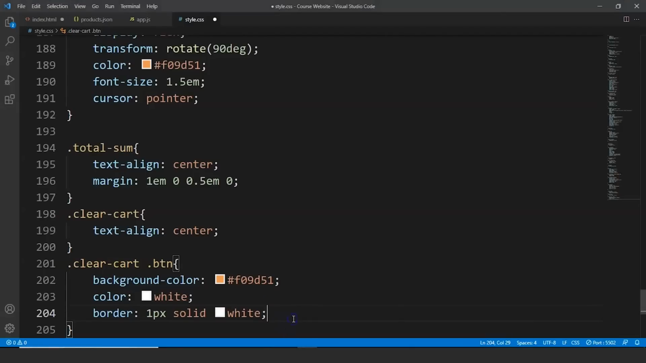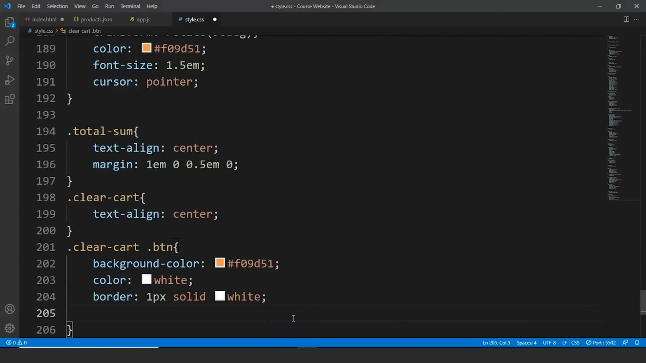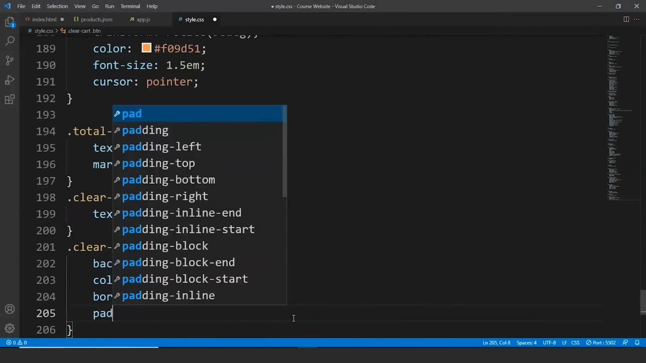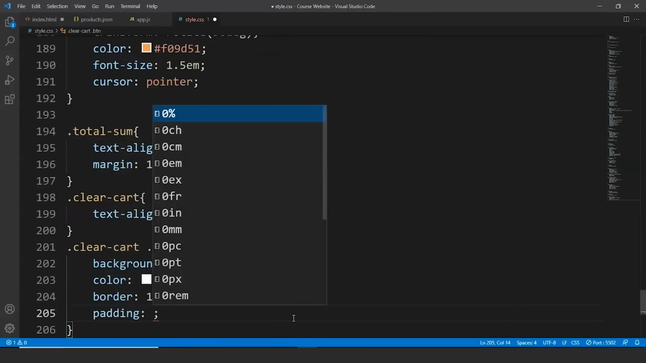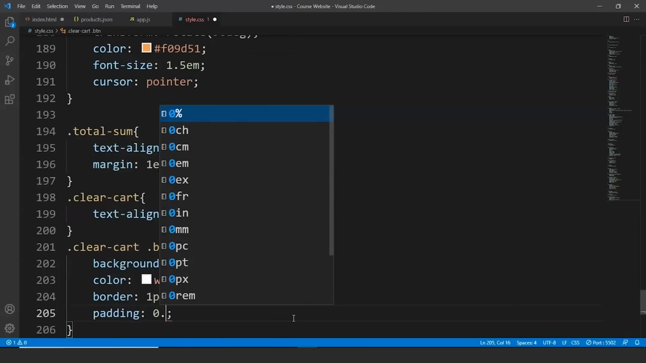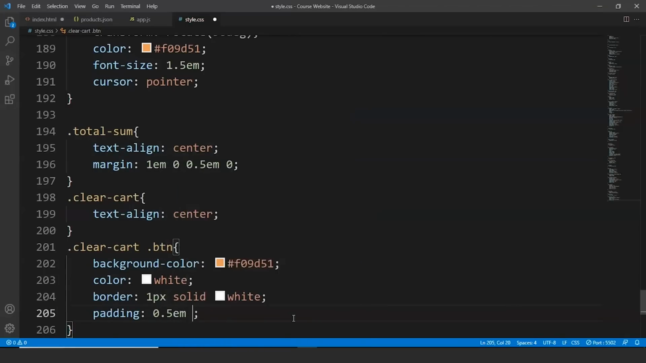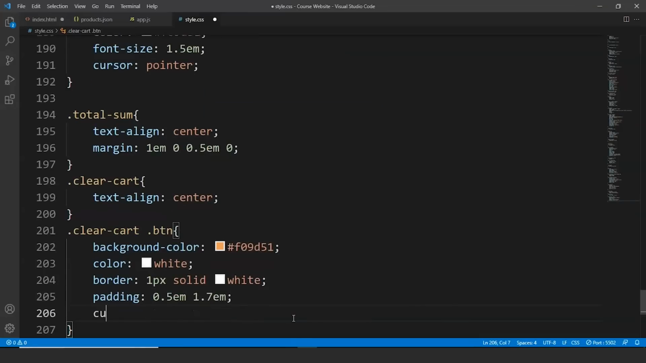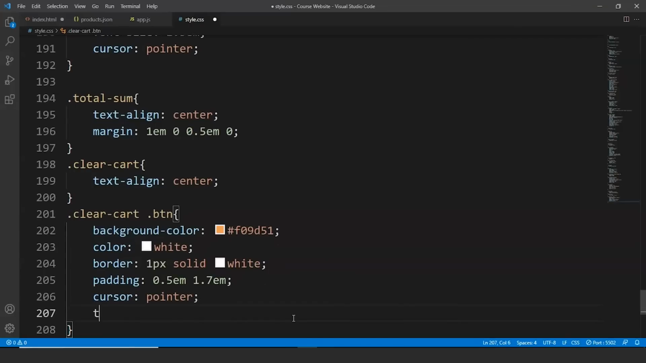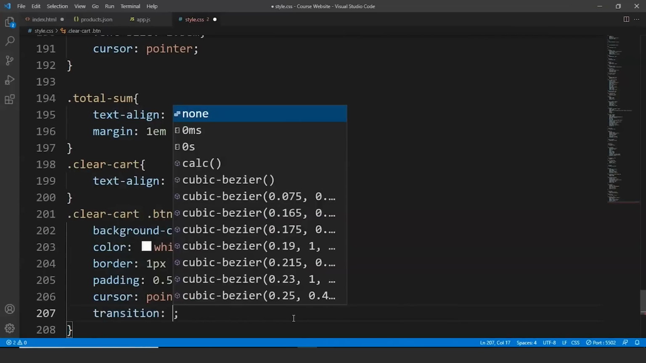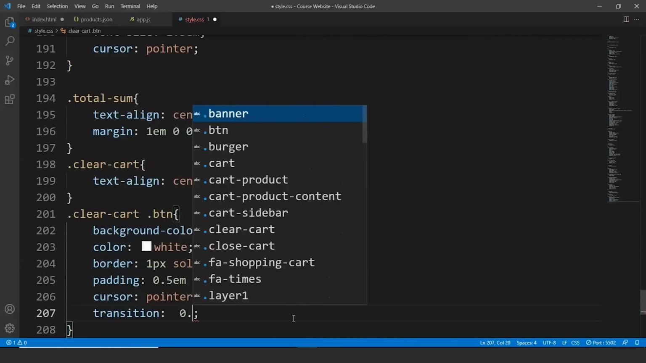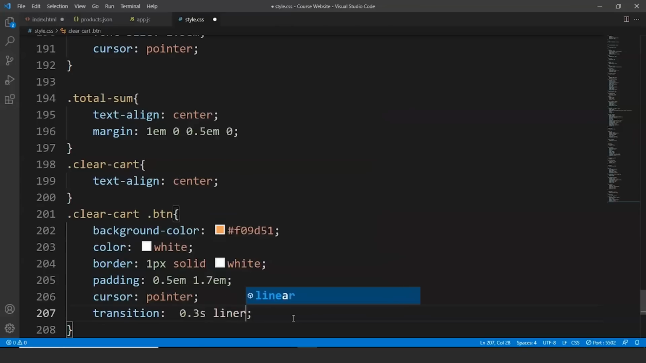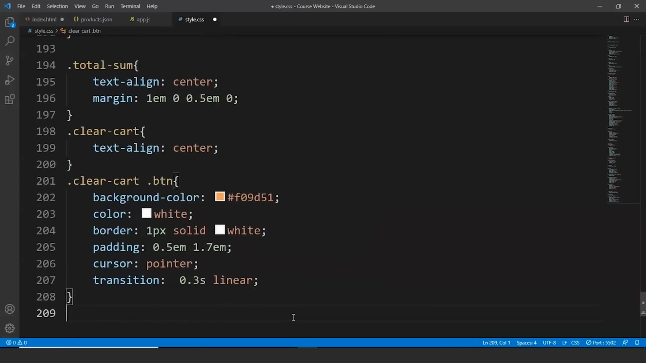Let's go back here and we'll write here padding is 0.5em and 1.7em. Fine. Cursor will be pointer, and of course transition is going to be at 0.3 seconds and linear. Fine. Next up, we'll write here